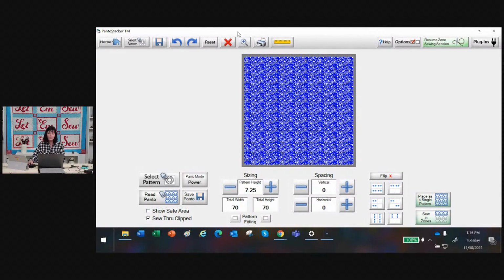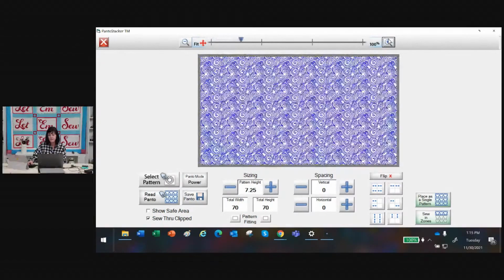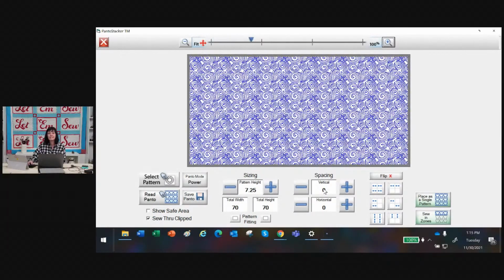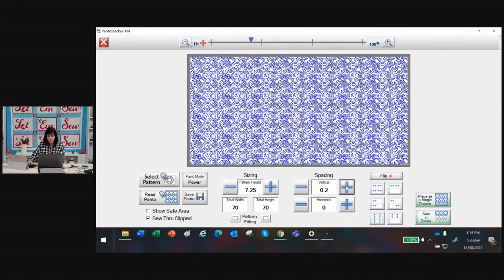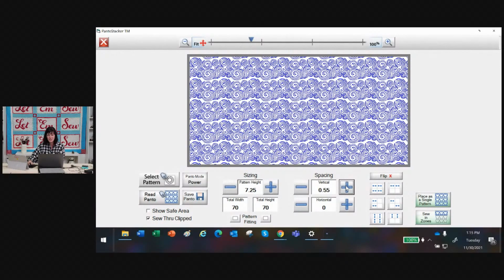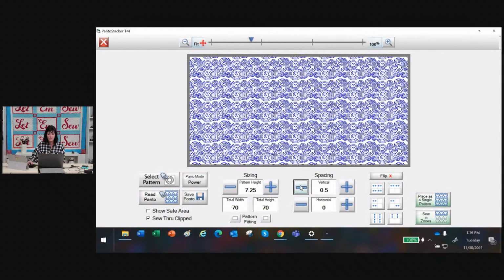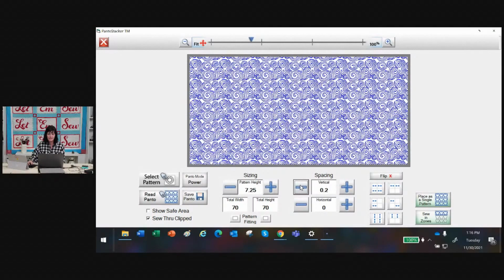Okay. So what if I wanted to, well, zoom back in again. Let me zoom back in, and let me show you what the spacing does in Power Panto. So the spacing spaces it vertically. You don't want to do it horizontal, but see what the spacing does? This is all you do in simulation mode. You just play. Now, I don't like the look of that, but you can see what the functions do and how they work. So we're just going to pull them back together by narrowing it down